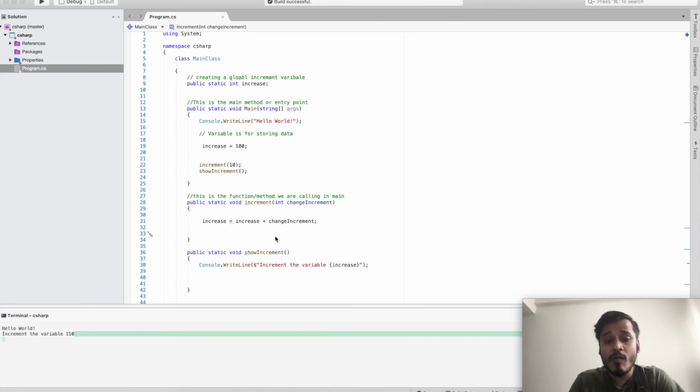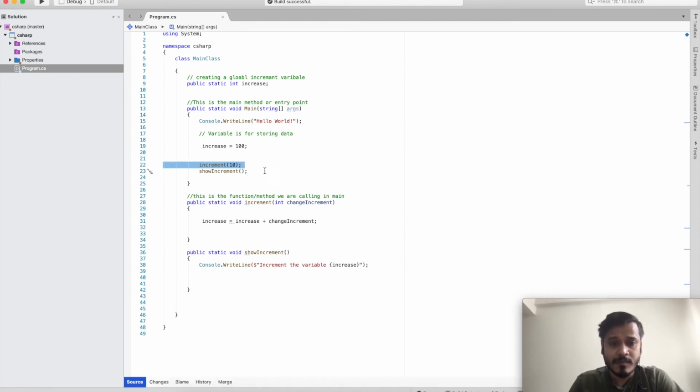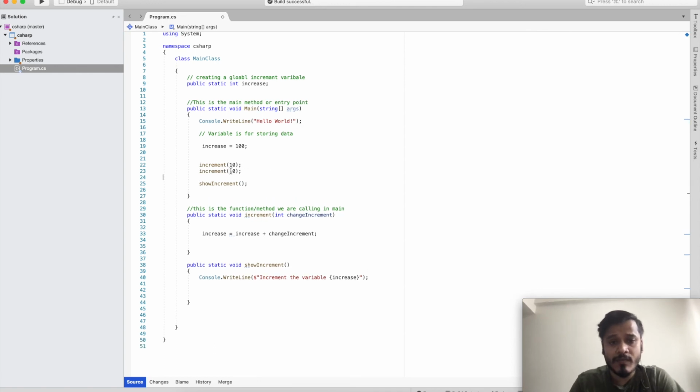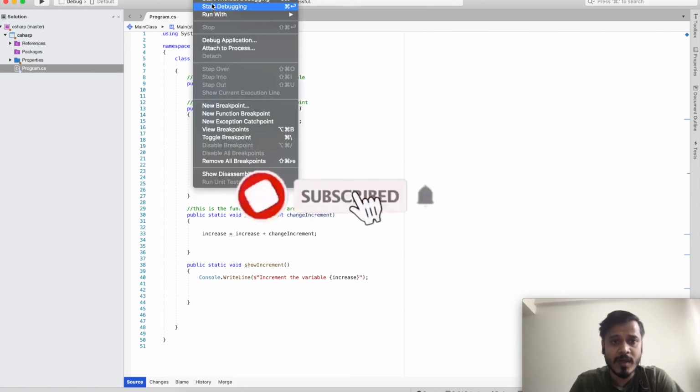So now, what is the use of this thing? If I want to add any other increment, or any other value here, I will just use this increment. For example, I want to increment not 10 but maybe 20 this time. So I will just add 20, and let's run it and see what is coming here.